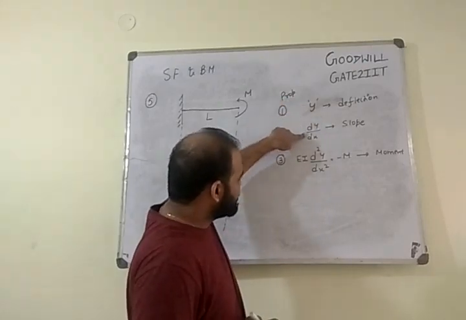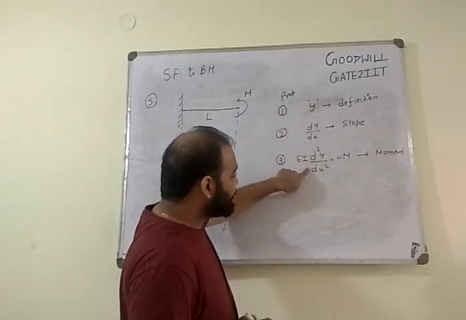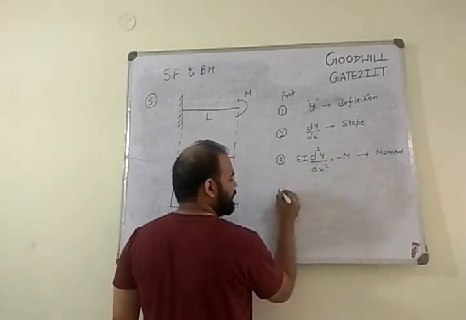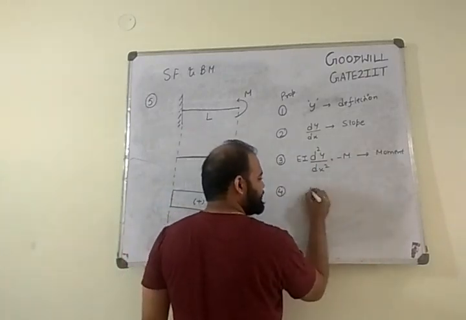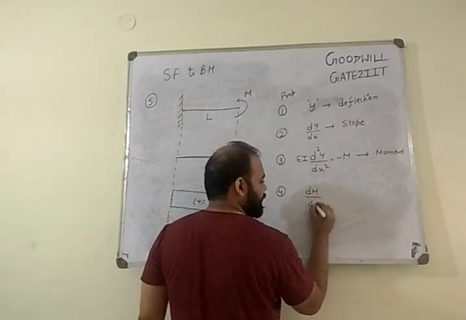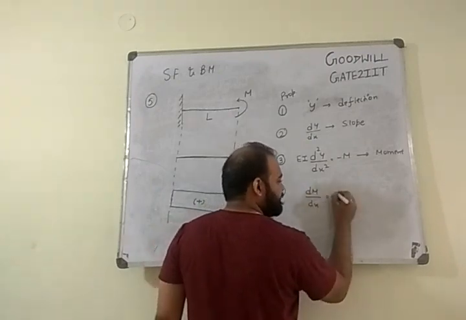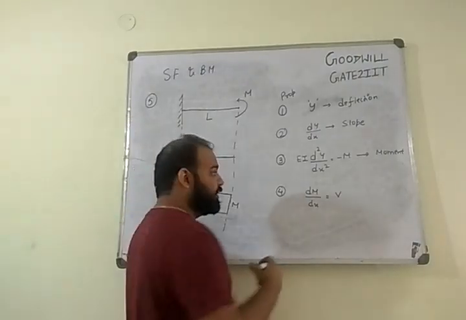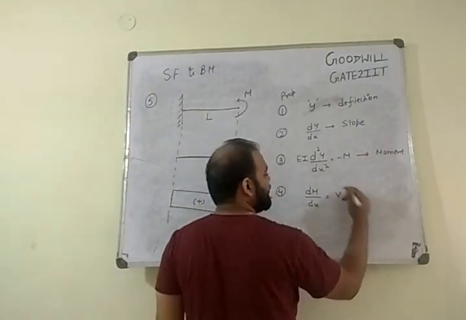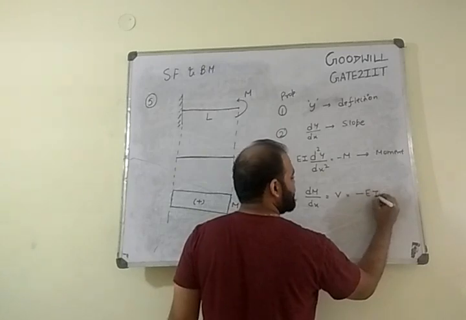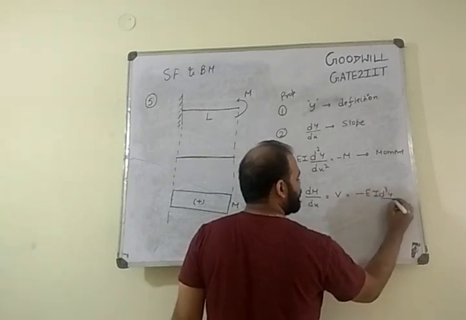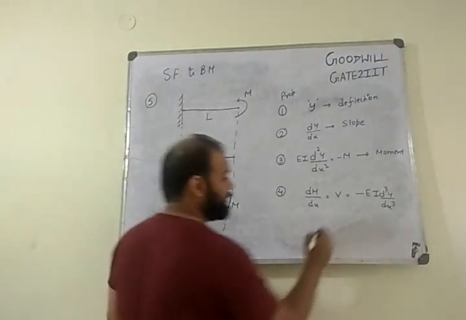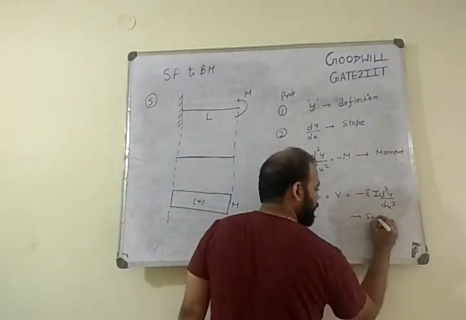You differentiate, you'll get slope. You again differentiate, you'll get the moment terms. So moment is the second derivative. Now you differentiate this moment again. Whatever you're going to get is known as shear force. When you differentiate your moment, you're going to get shear force. The absolute value, if you see here, will be minus EI d cube y by dx cube. So this is nothing but your